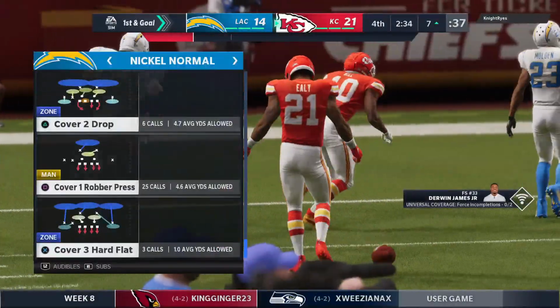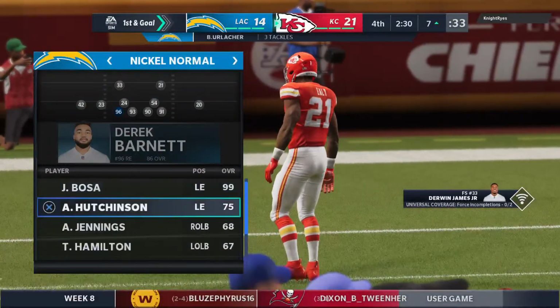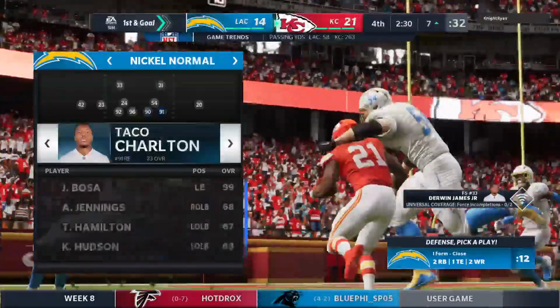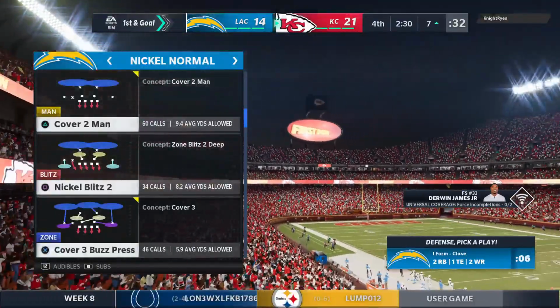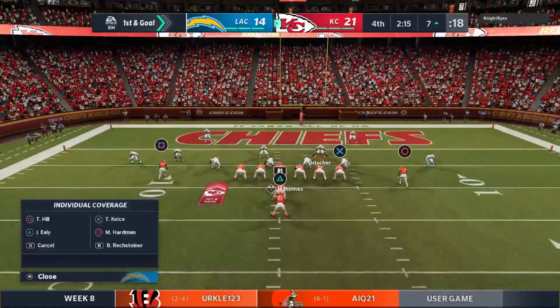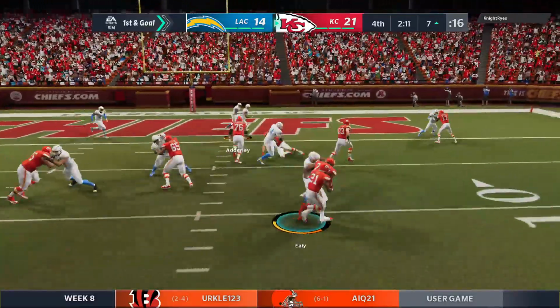And finally, down he goes as they work it inside the 10 to the 7. No doubt those are the types of carries they're looking for here, Charles. The lead in the 4th quarter. This is when coaches that have a reliable running game, they breathe a little easier on the sideline. Yeah, they love the idea that they can take the air out of the football at this point of the game. That means they're really counting on that offensive line,